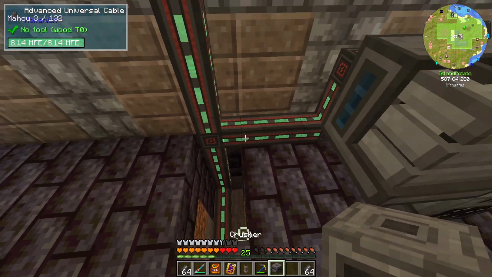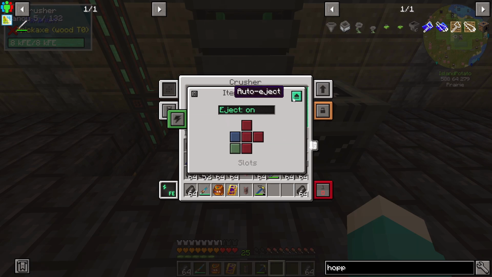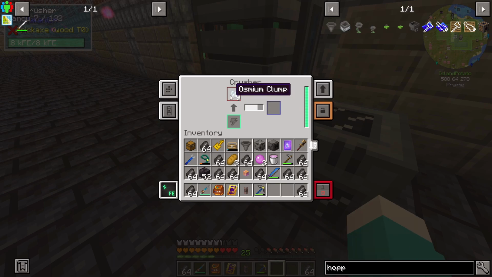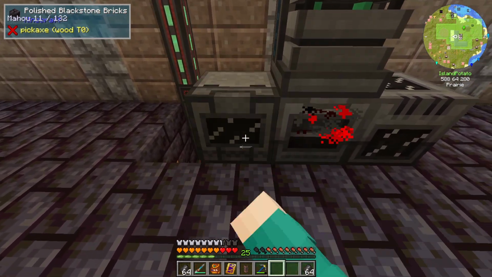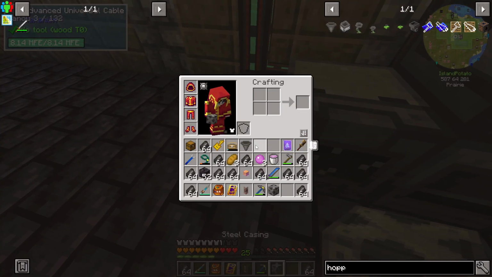We want the crusher next to the purification chamber. There we go. And auto eject on, and basically, you put some ore in, this will turn it into clumps. The crusher will then crush it down into dirty dust. Then this will accept the dirty dust and turn it into regular dust. And then we're just going to want to...